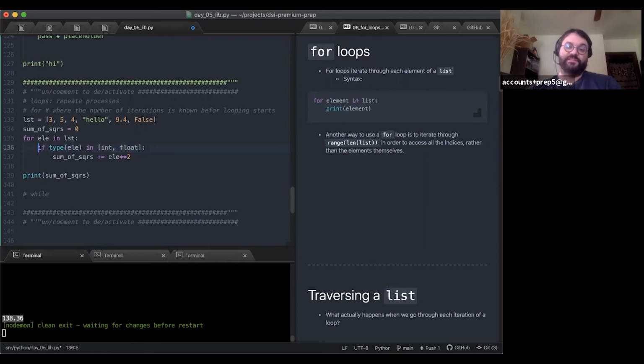Actually, this specific line where I have a loop, I'm iterating through a list of mixed elements, and I want to pull out just the numbers, if type of element in int and float. I write this exact line a lot, or fairly often.